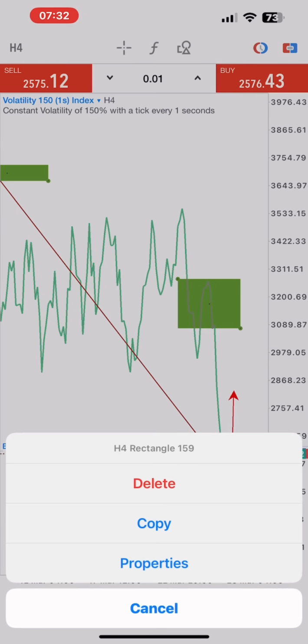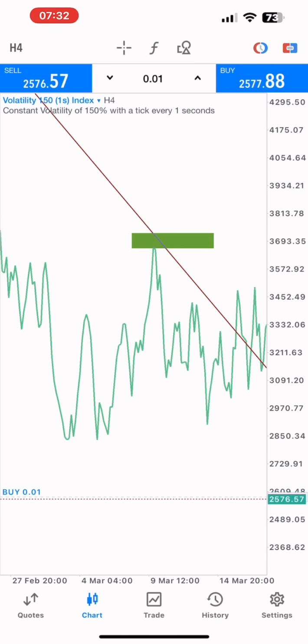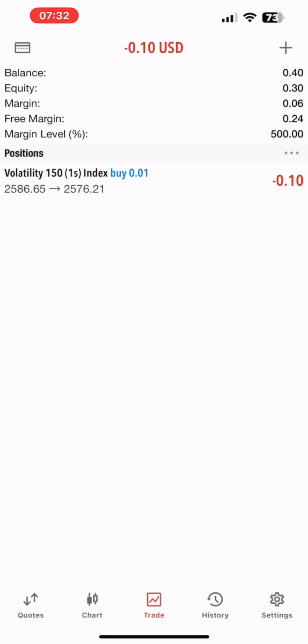There is less margin. Okay, you can open as many positions as you want, as long as you know the direction, as long as you know the entry level. Okay, so right now I have got volatility 151s, and I am in loss of 12 cents. I'm anticipating it to buy all the way up according to my analysis. Don't worry about the explanation. You see, I'm gonna take more than 4 trades, and I'm sure that by the end of this video you will get the